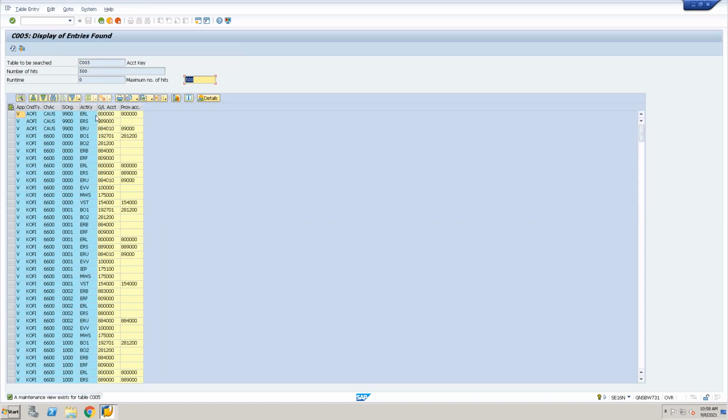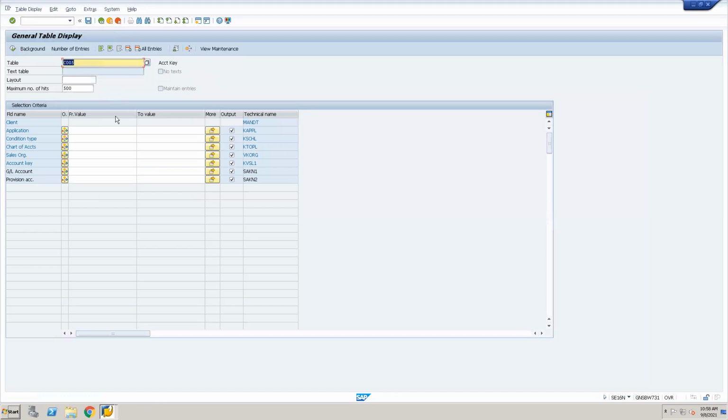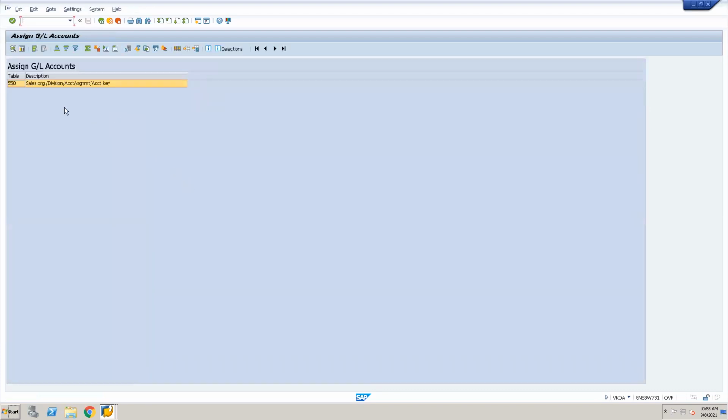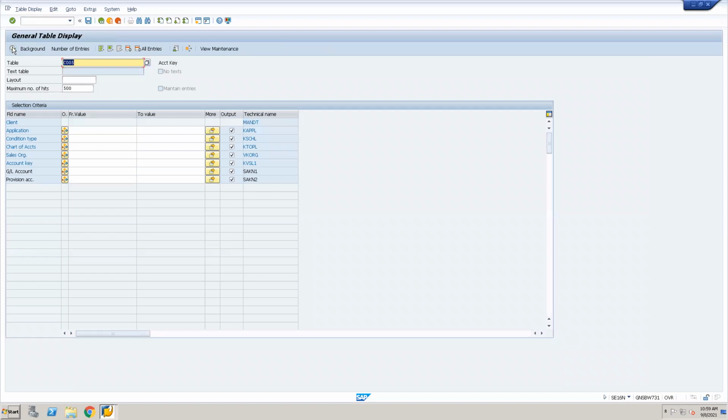And even the combinations they have maintained. The only thing is it is not appearing in the assignment part, in the SNGL accounts. Why is it not appearing in the SNGL accounts? Maybe they might have deleted it from here. But at database level, C005 is appearing. Because normally, if I go and check here, it's based on, I believe,